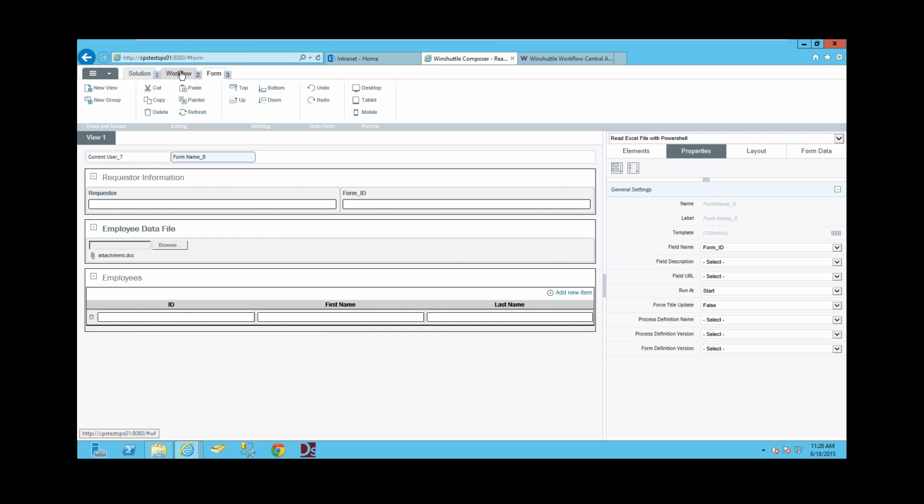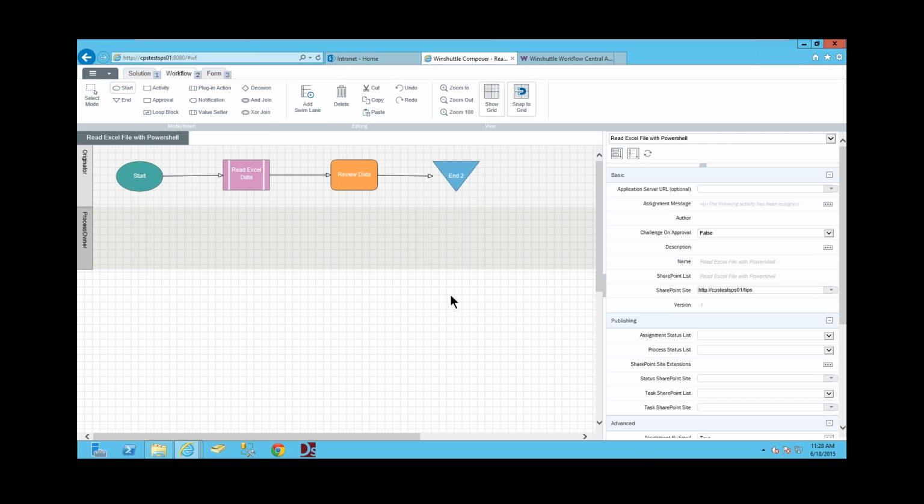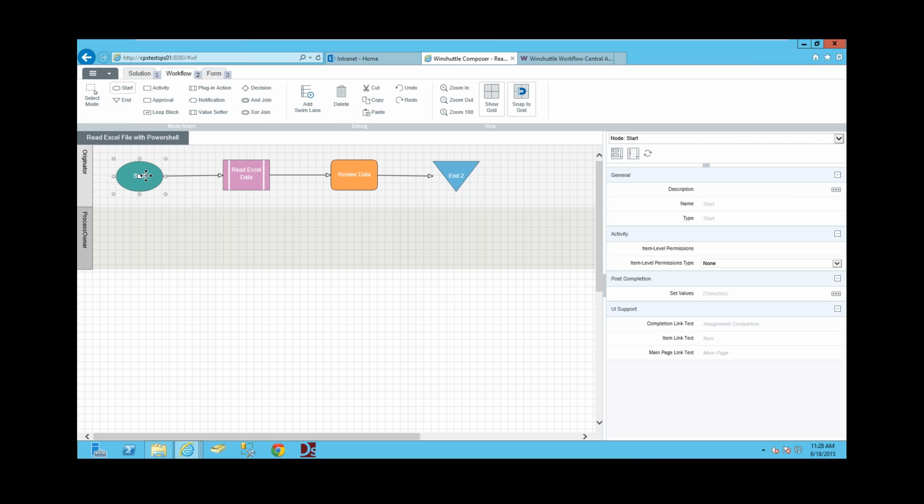So let's go ahead and take a look at our workflow. So the workflow is very simplistic in nature. It goes from a start node to a Winshuttle plugin. And after it goes to the Winshuttle plugin, it asks the originator who uploaded the file to review the data. And in your workflow case, you probably have many more steps that go off of that. It could call child forms. So we've demonstrated in the past how to launch child forms. So one parent form can launch many child forms. And there's many more things after the workflow,